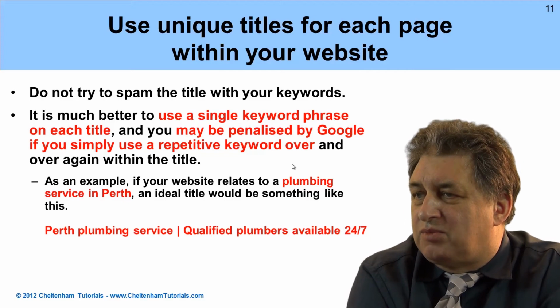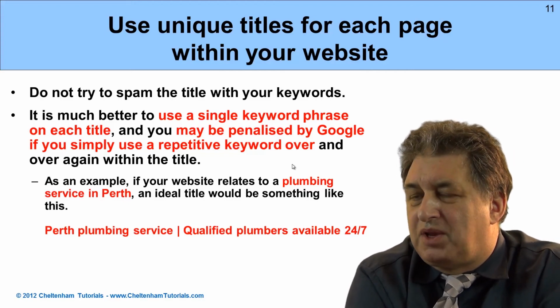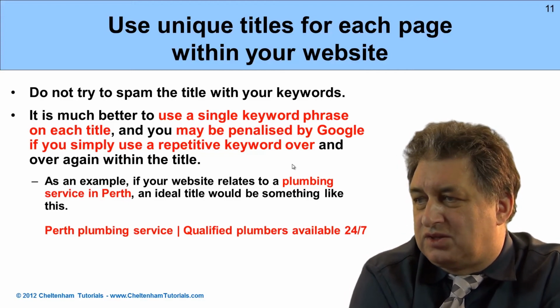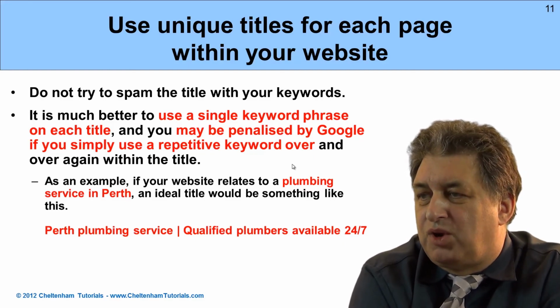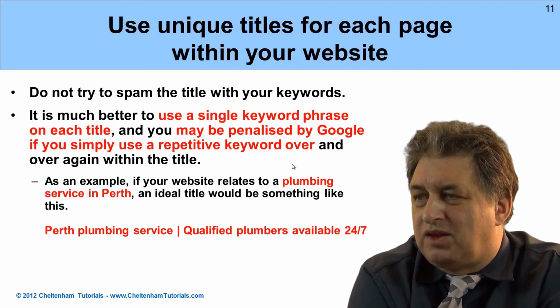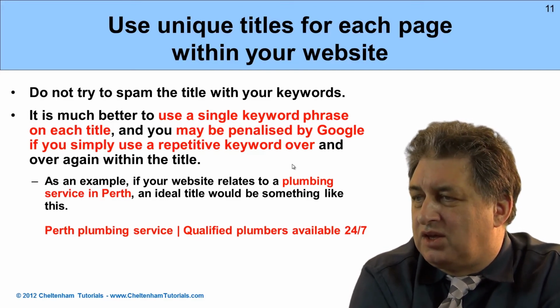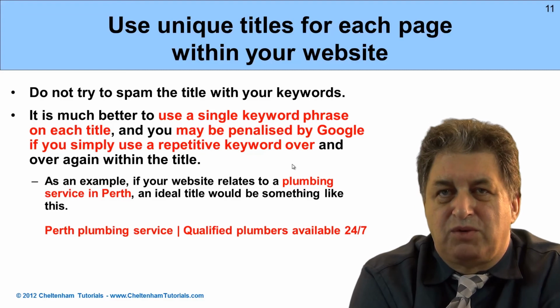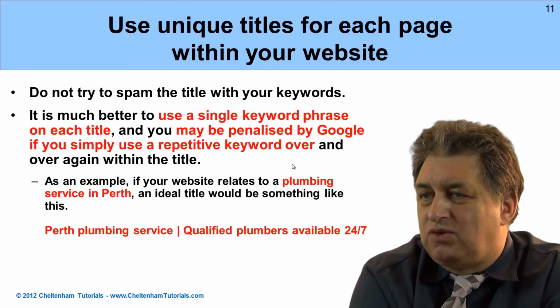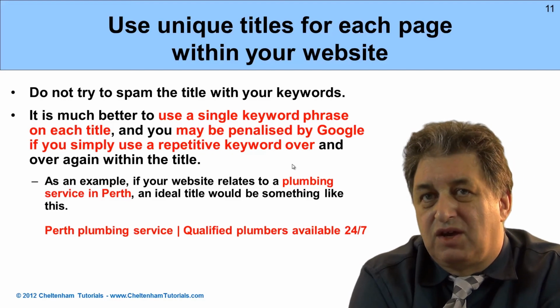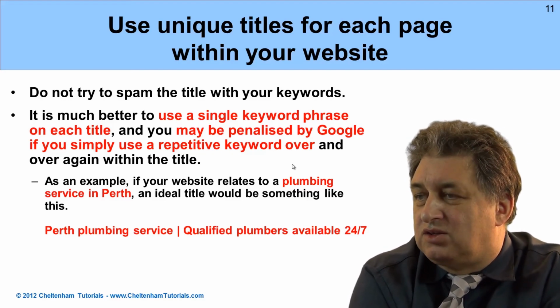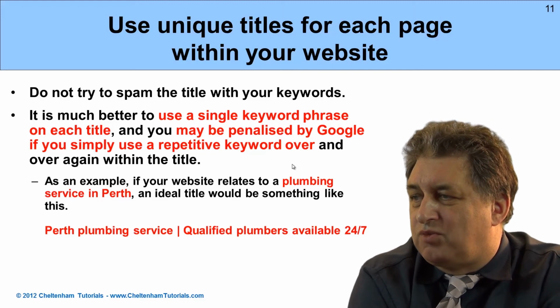So let's take an example where you've got something like a plumbing service in Perth. As you can see, a pretty well ideal title would be something like Perth Plumbing Service, then the pipe symbol as a separator, followed by qualified plumbers available 24/7. That way you've got the sort of things that people will search for, i.e. Perth Plumbing Service, right at the beginning, and towards the end of the title you've also got information that people